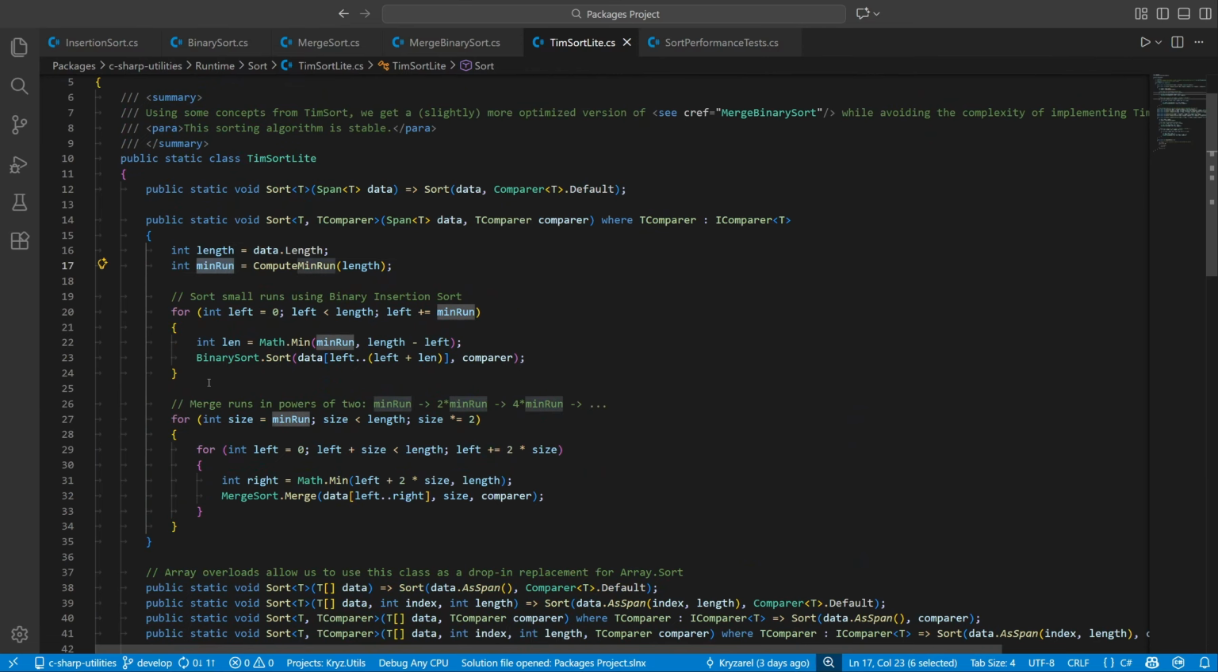After calculating our threshold, we split our data into multiple chunks of the size that we just calculated, and we sort them using binary sort. And then we merge each of those chunks using merge sort repeatedly until all of the data is sorted. So let's say our threshold ended up being 32. We split our data into multiple chunks of size 32, which we sort using binary sort. So now we end up with multiple chunks of size 32 that are sorted, and we run them through merge sort